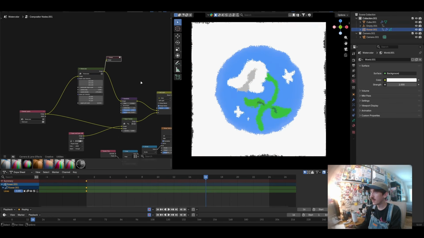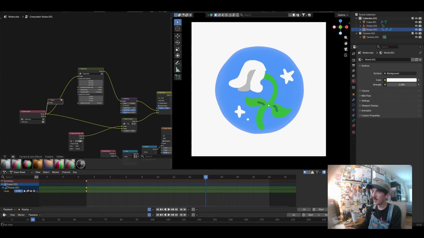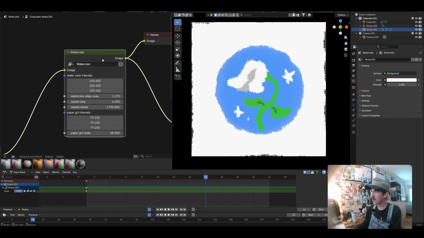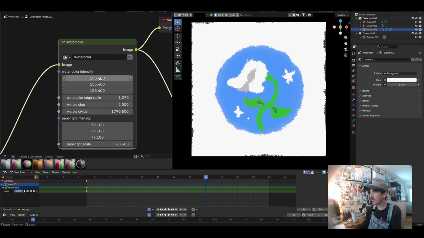So if I just start by viewing this, you can see that the base output of this grease pencil scene is this really basic illustration, just some basic colors and lines laid out. But once we run it through this watercolor displacement, you can see I have a few different parameters here that I'm messing with, and we'll go into the larger node tree, but just to show you what is immediately accessible here,